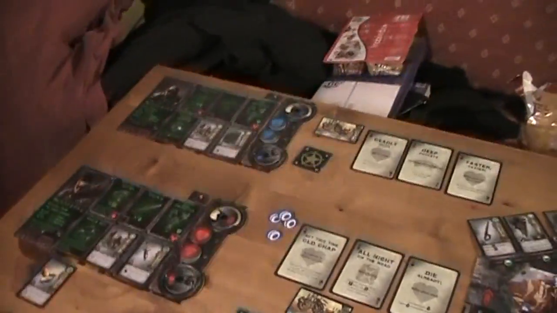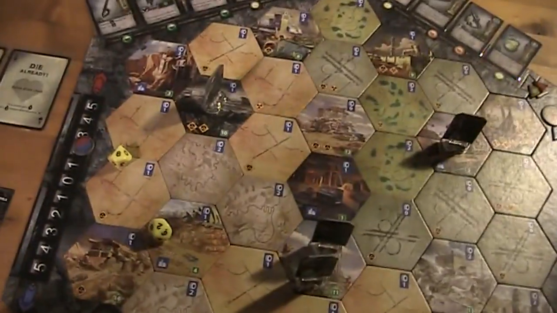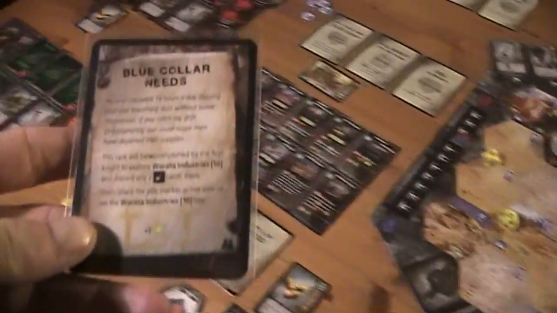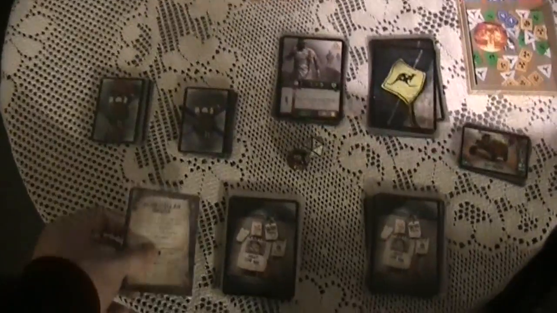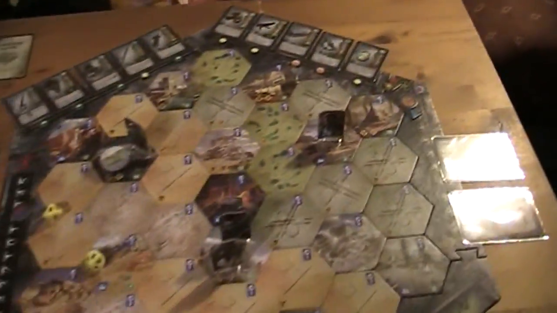So I'm going to take this card in my pocket. And now I will accomplish this mission. I'm going to place the pills marker here and I'm going to discard this card. Okay. So now, as this task is accomplished, the waster,